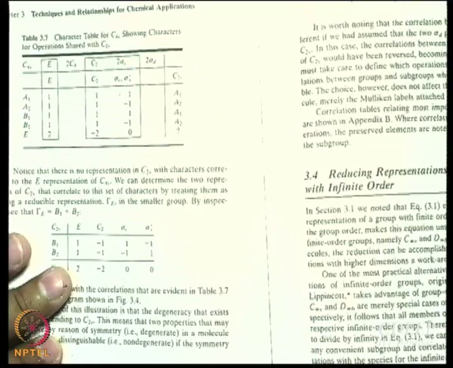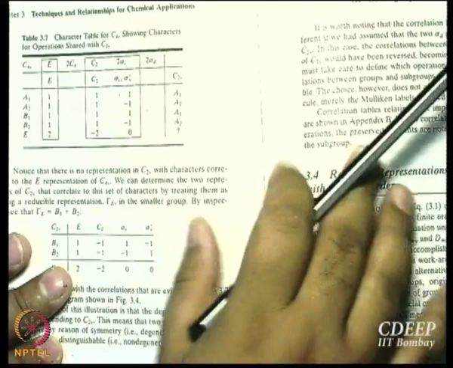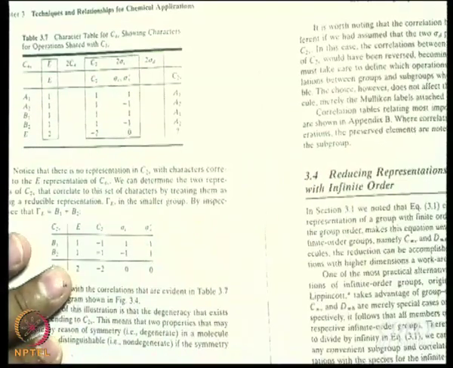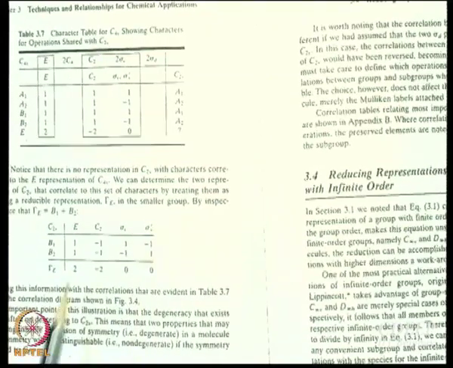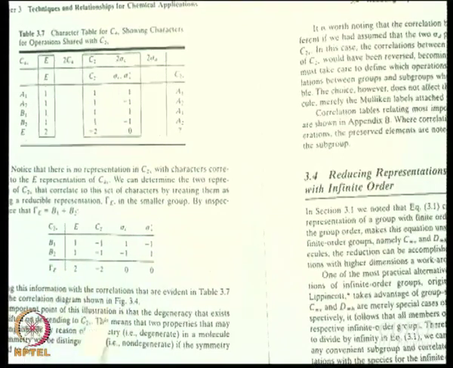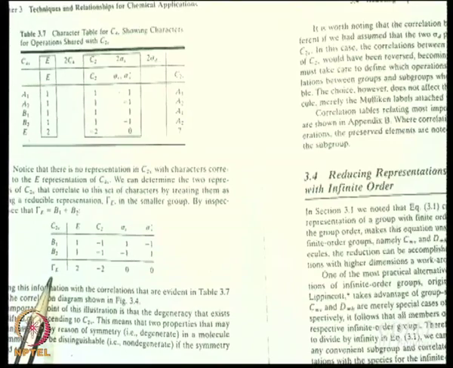Okay? Which of course is child's play for all of us now. We have a reducible representation, we know how to reduce it, right? Apparently it was not so easy for the author, so he has shown it like a child. But you know how to do it, right? You can work out the coefficients and you can infer that E becomes B1 plus B2.